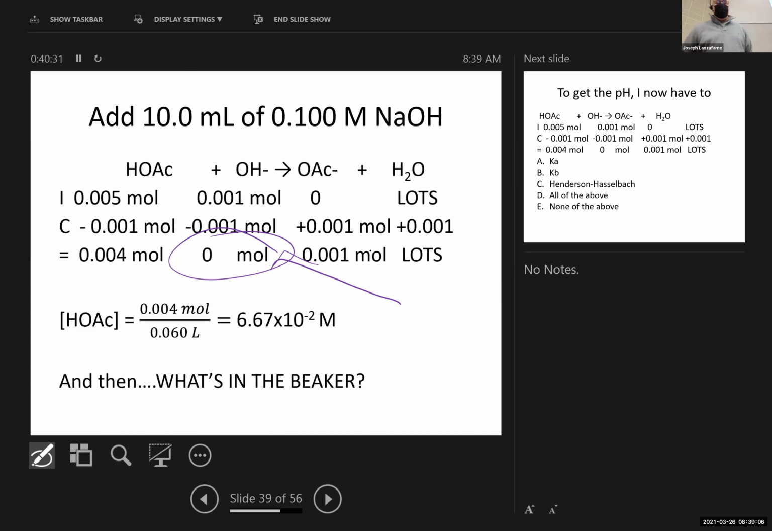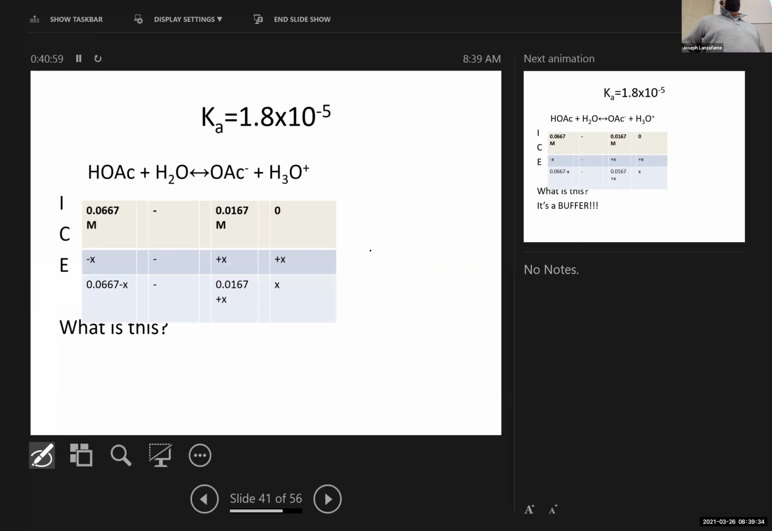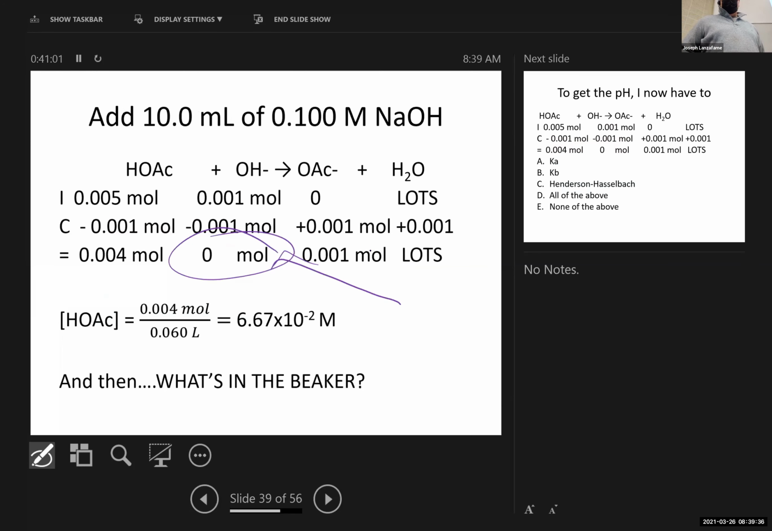My second reaction following this is the acetic acid reaction. But again, my acetic acid reaction is not super big. It's a weak acid dissociation. And so I'm going to have to solve the K equation. But please note,